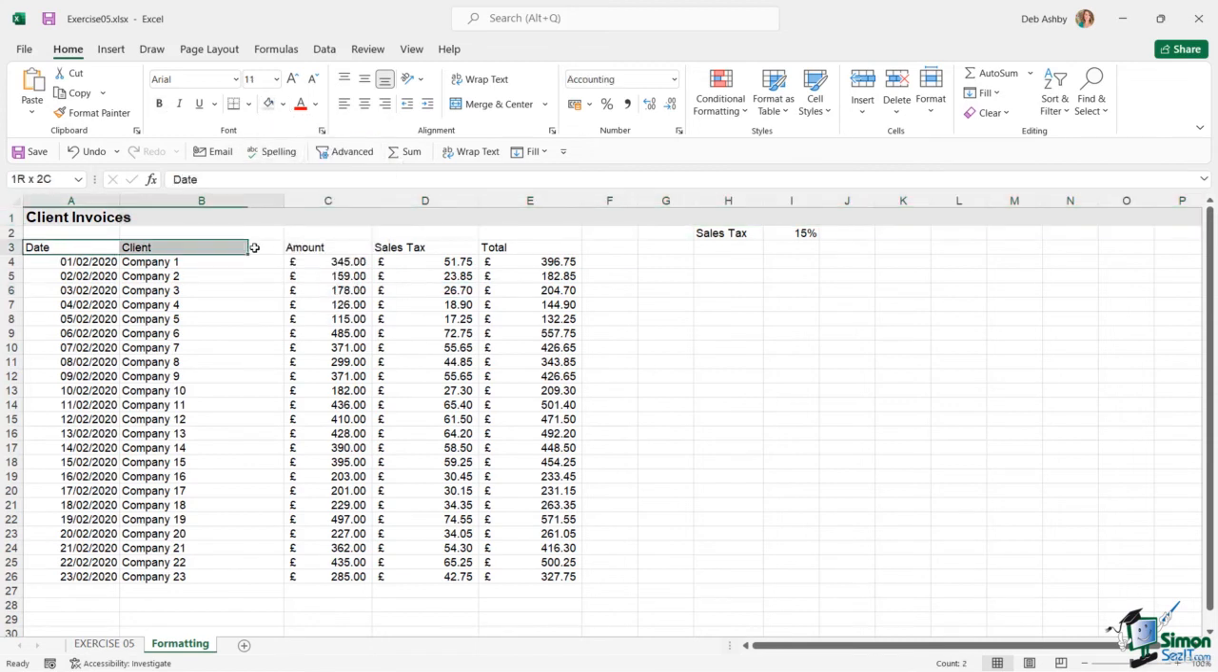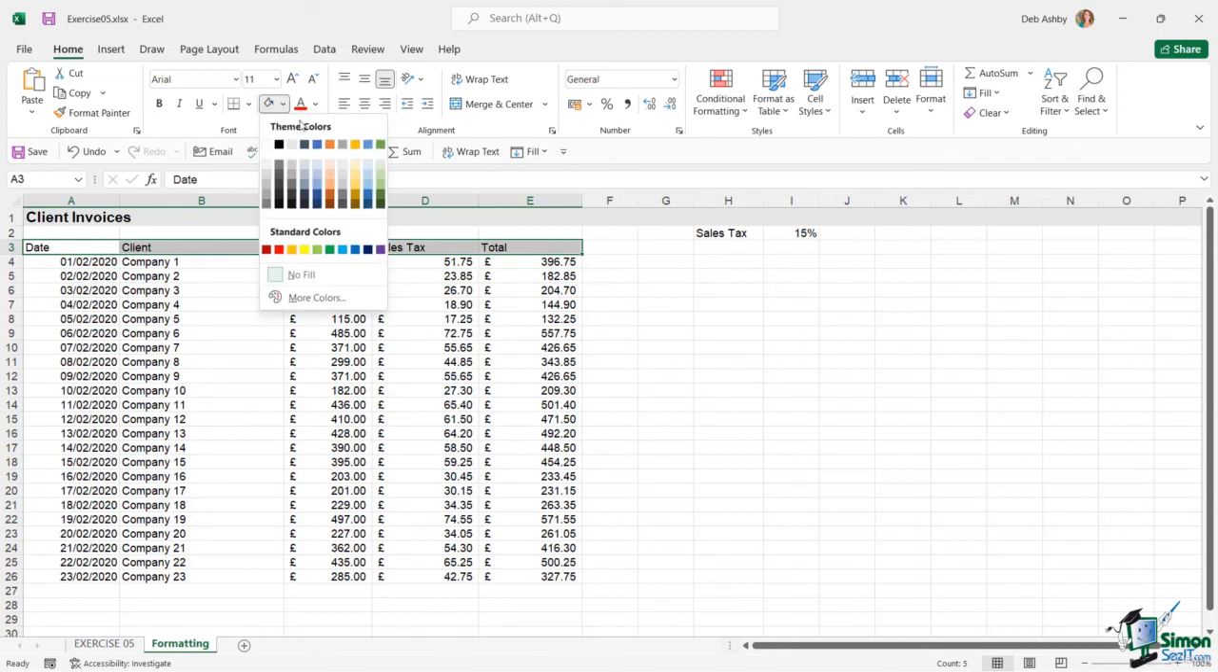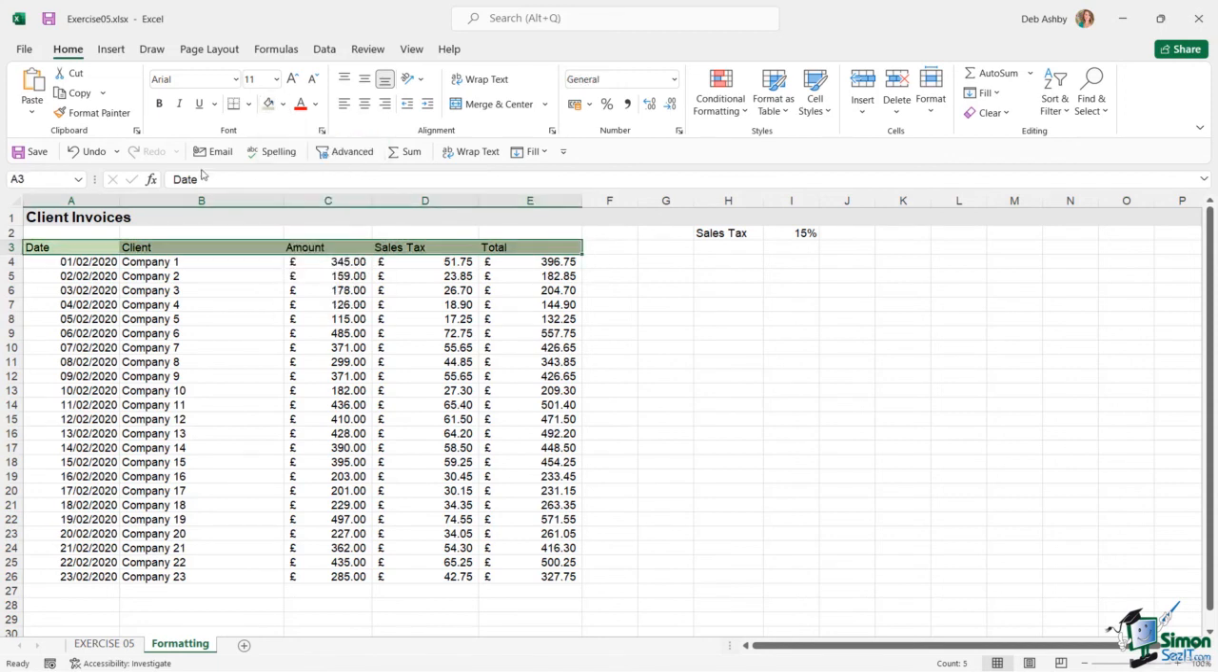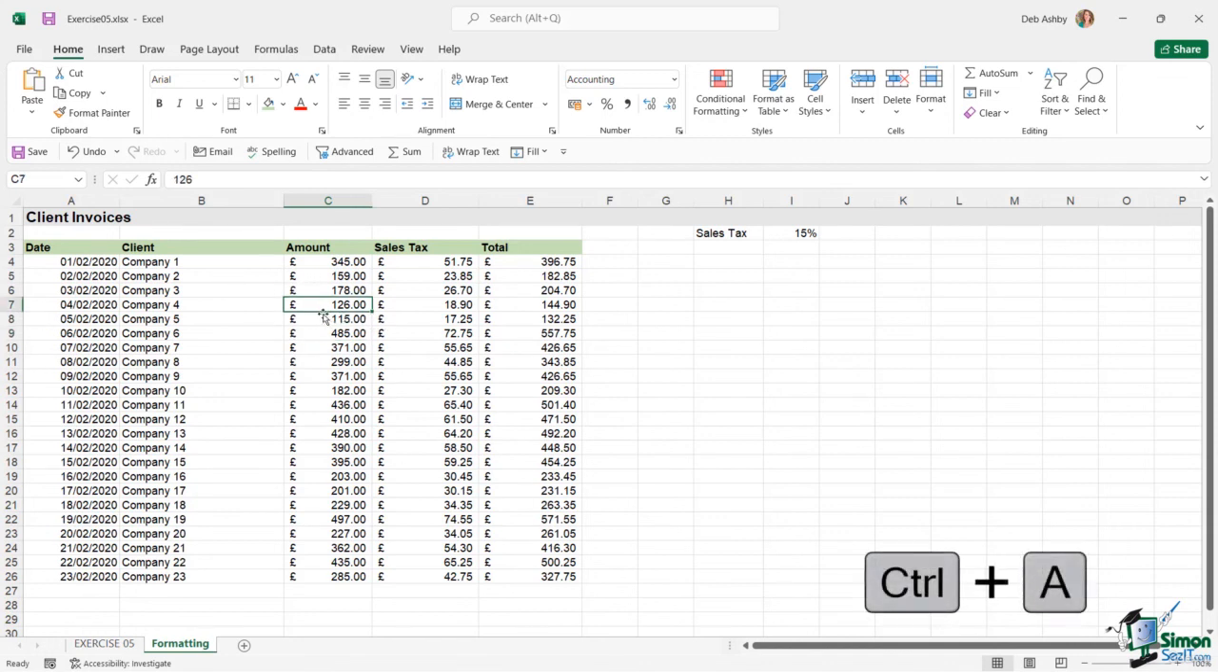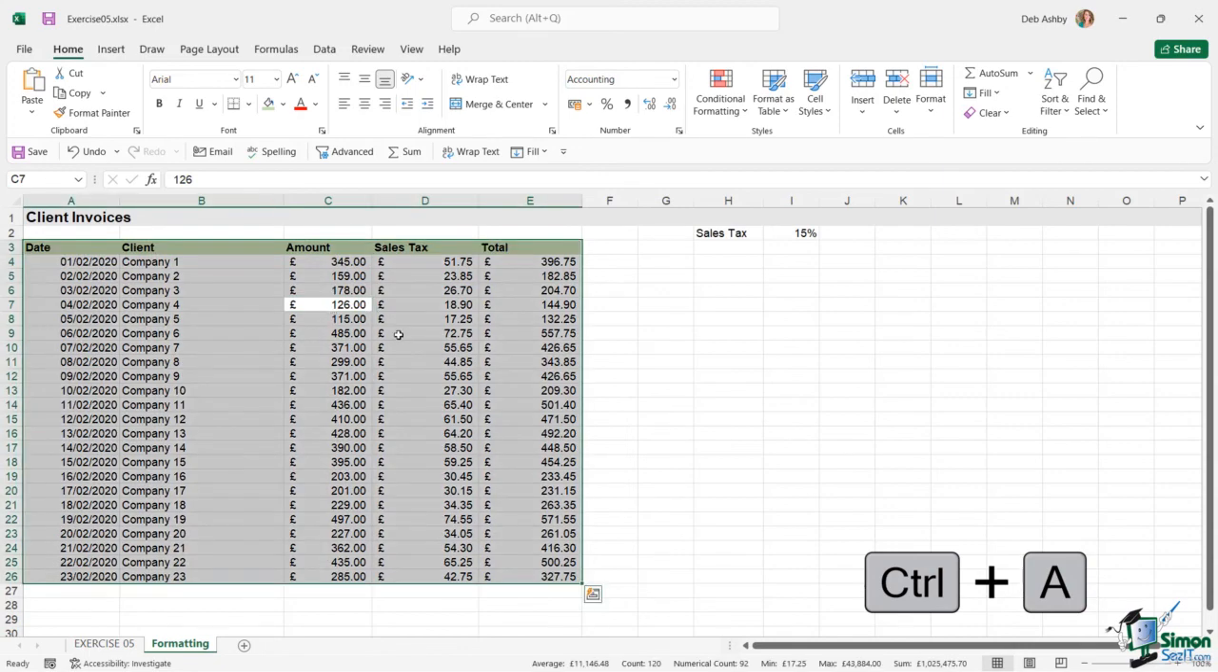Next, I asked you to format the headings of each of the columns. And for this, I asked you to change it to a light green background and bold font. The final thing I asked you to do was apply dark green borders around the outside of this data. So what I can do here is press Control A to select everything